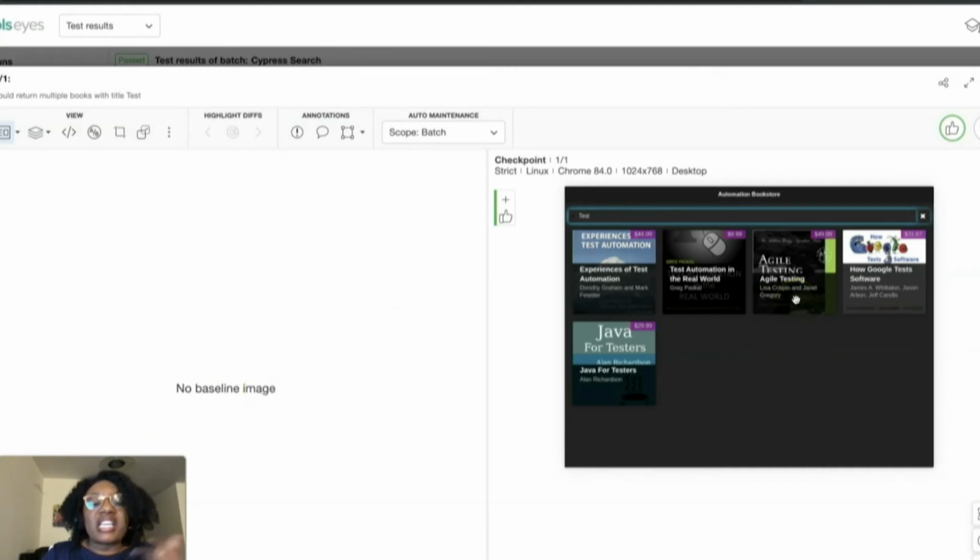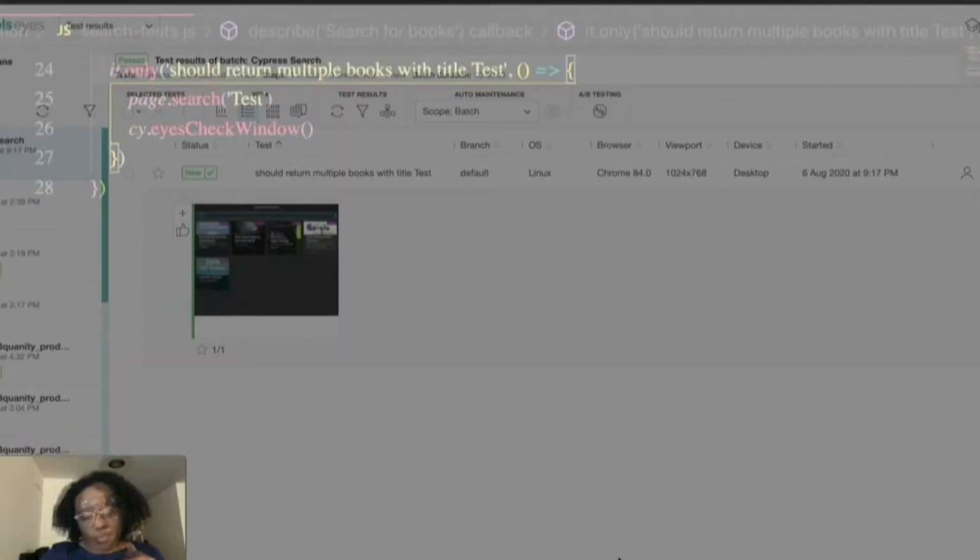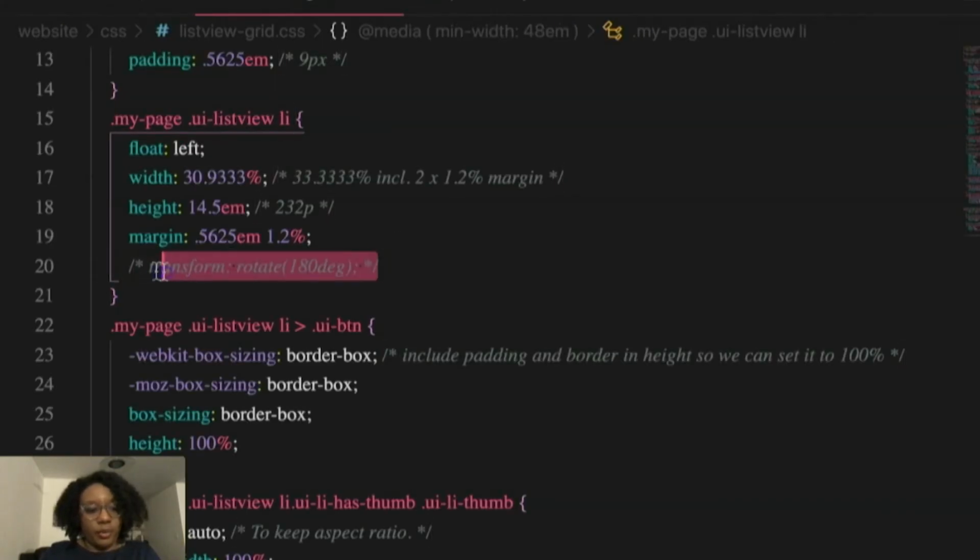So when this runs again, this is going to become the baseline. Notice it's marked as passed and everything like that. I technically don't have to do anything at all. I only brought you here to see it. All right, let's go back and mess the app up again, and let's see if the visual testing will catch those issues. Okay, so back to our CSS file, and we're going to uncomment out the flip,